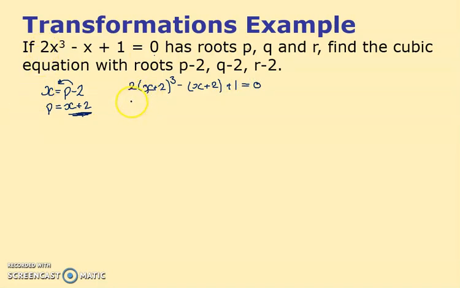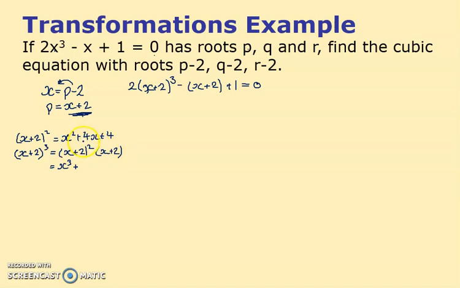Now this is a relatively quick method. Notice how at the moment it's just an algebra thing, so I've got to multiply this out. That's the hardest thing, I suppose. There's a variety of ways to do it. You could use the binomial theorem, or you could over here just write x plus 2 squared equals, well, obviously x squared plus 4x plus 4. And if I cube it, this is why I think it might be better using the binomial theorem perhaps, but there's no problem with doing this. It's obviously what we just got times by x plus 2 again. So I've just got to times this by x plus 2, and I think I'll get x cubed plus, well,